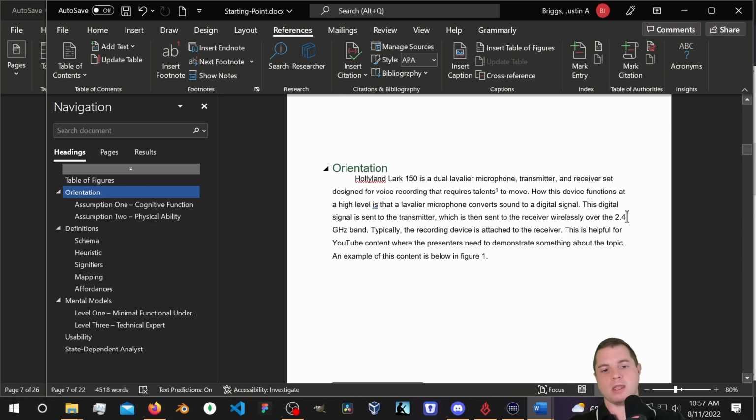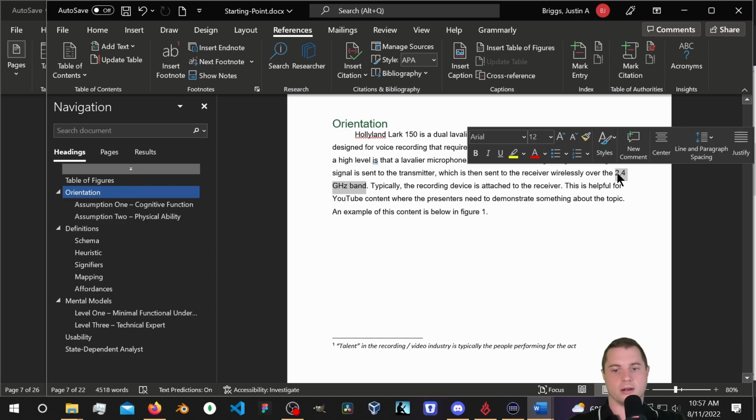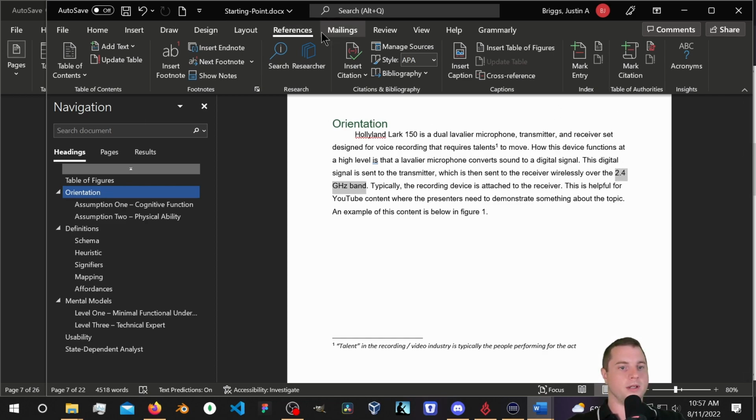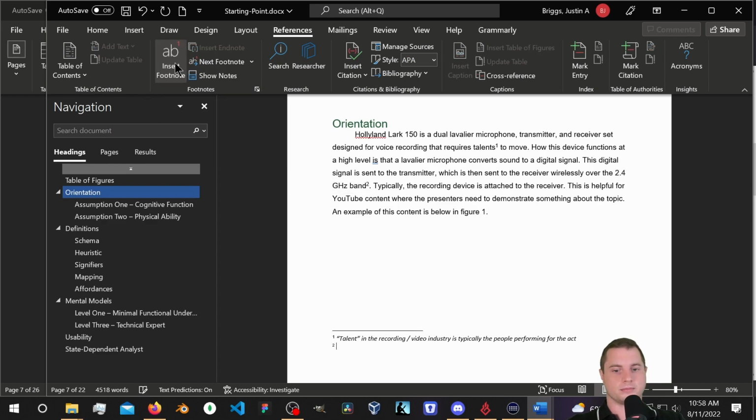All right. Now with that said, let's find something that people may or may not understand. Something like this: receiver wirelessly over the 2.4 gigahertz band. What I'll do here is select 2.4 gigahertz, and I'm going to come over here to references. Okay, add or insert footnote, which is down here. Notice that we have a number 2 here. Also notice that there's a number 2 right next to gigahertz band. So 2.4